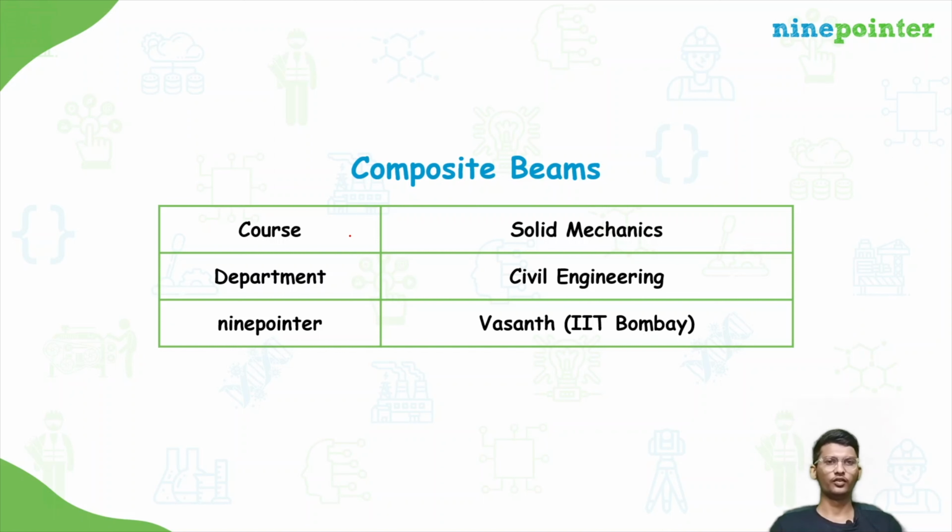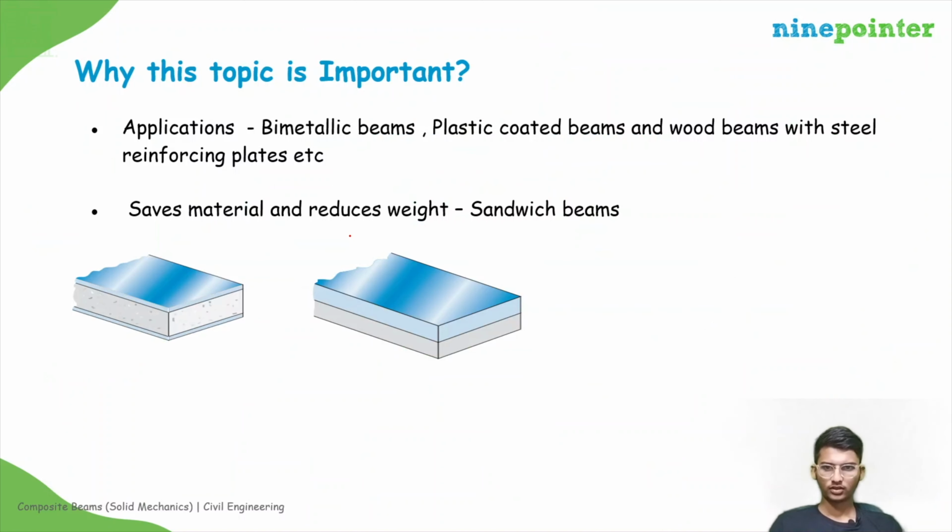In this video, we are going to discuss composite beams. Why is this topic important? Composite beams have many applications in daily life. You can see bimetallic beams. They are composite beams because they are made up of two different types of materials. Plastic coated beams, wood beams with steel